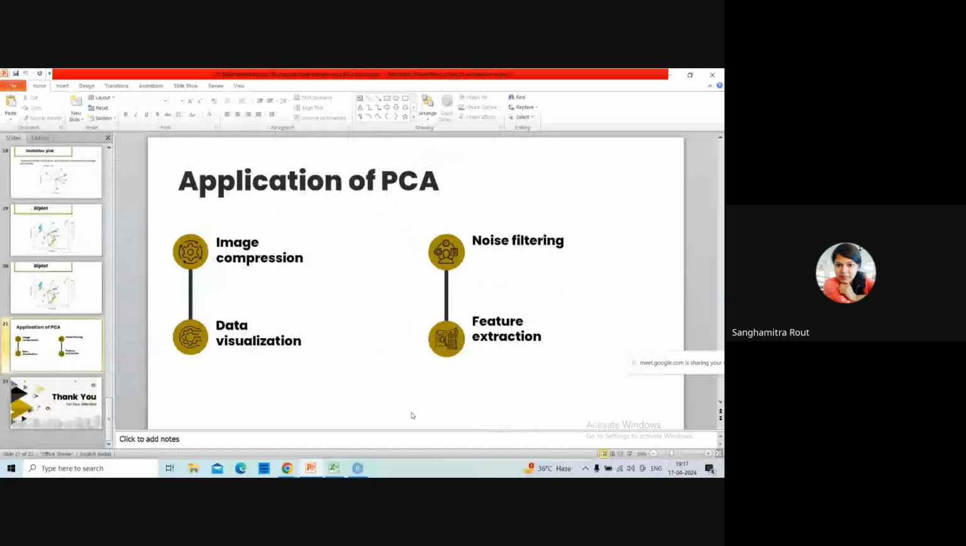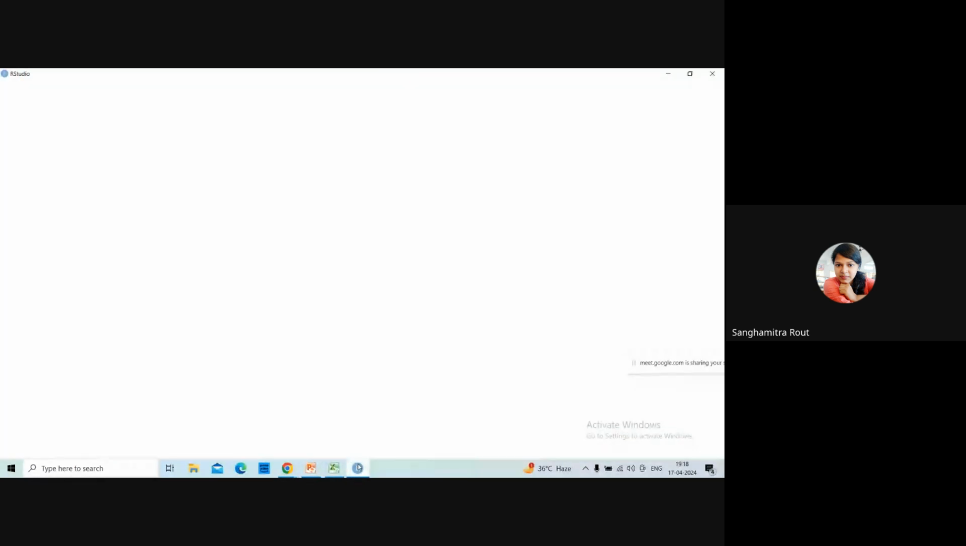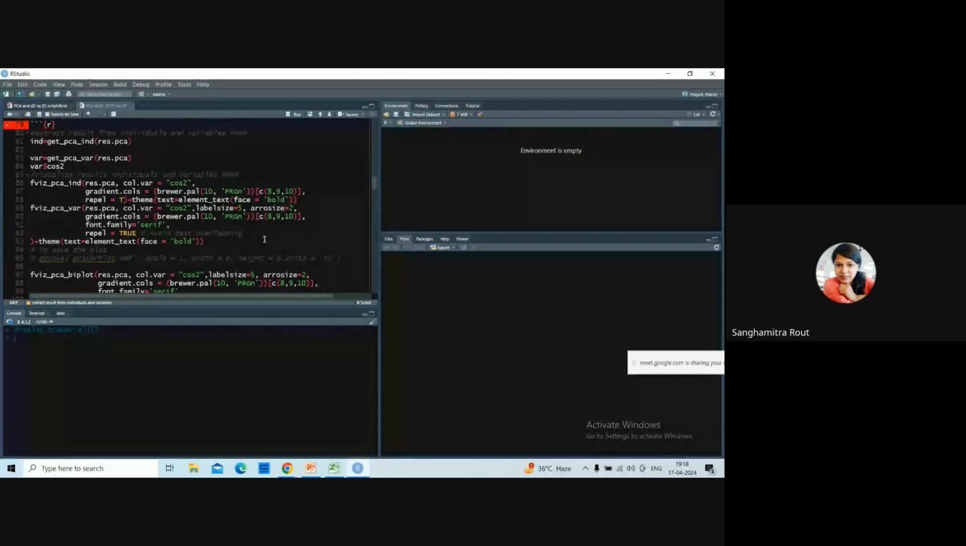So what we have covered till now is what PCA is, why it is being used, when to use it, how to interpret the graphs and tables in your PCA, and the basic calculation, how you can calculate your PCA manually. Till now I have covered this much, and now I am moving ahead to how to calculate this in your R software. Okay,